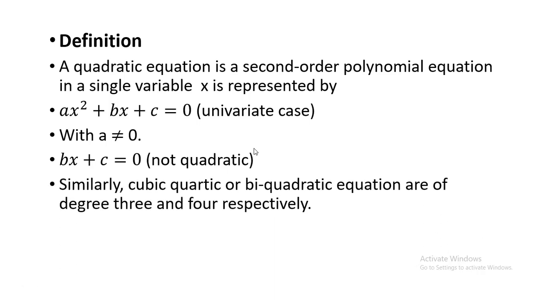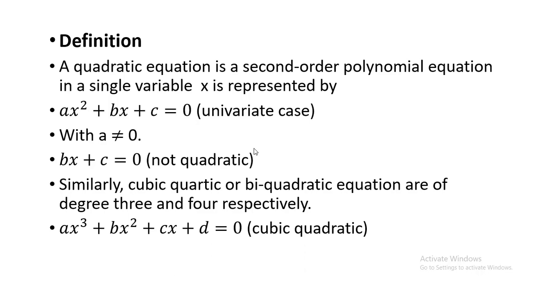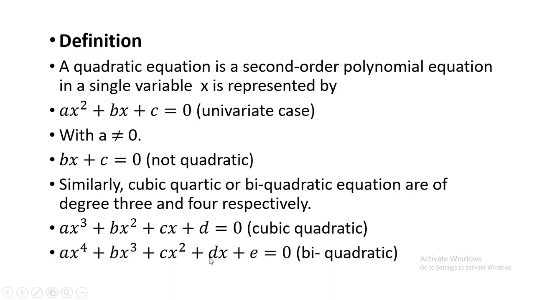Now these are some different equations as well, like cubic and biquadratic equations, which have degree 3 and 4 respectively, and the general form of these equations is this. This is the general form of a cubic equation. It's a univariate case also. And biquadratic means an order 4 equation. The general form of this order 4 equation is ax^4 plus bx cube plus cx square plus dx equals 0.